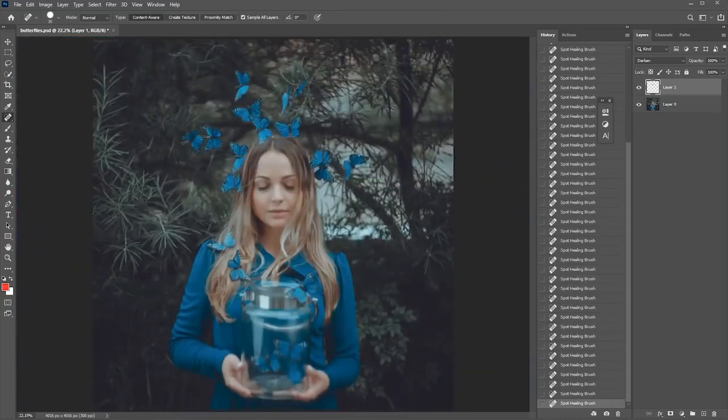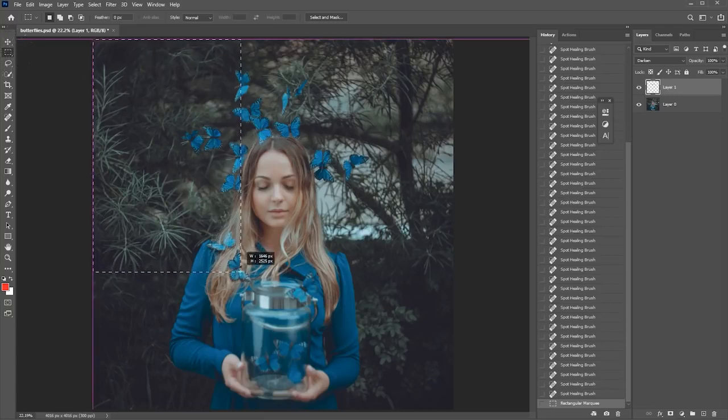Here's another way to implement blending modes when retouching. I really don't like this bright area behind the tree. So instead of spending a lot of time cloning or using the healing brush, I'm going to utilize what I already have in frame. I have another side of the image that's already dark. So I'm going to take the rectangular marquee tool, select the area here, then click on the background layer, hit CTRL+J